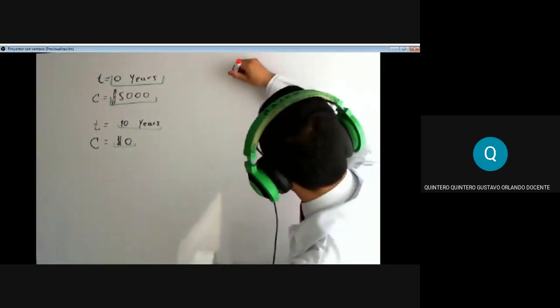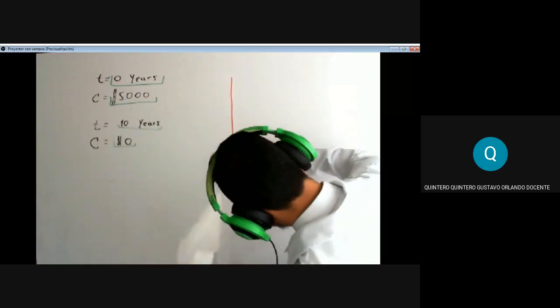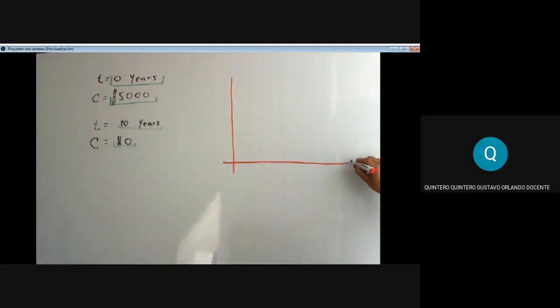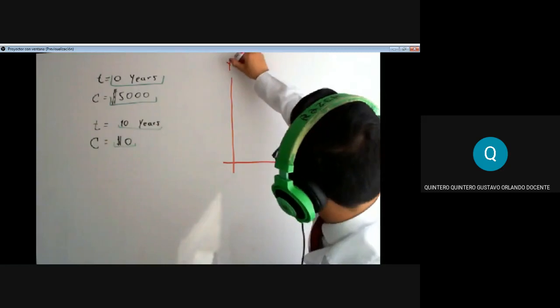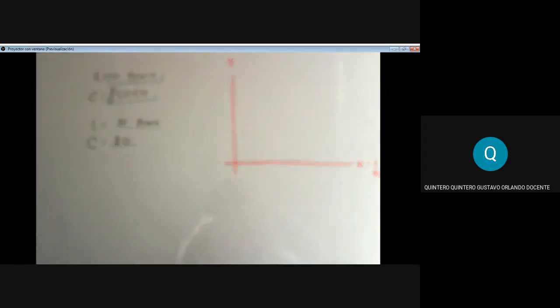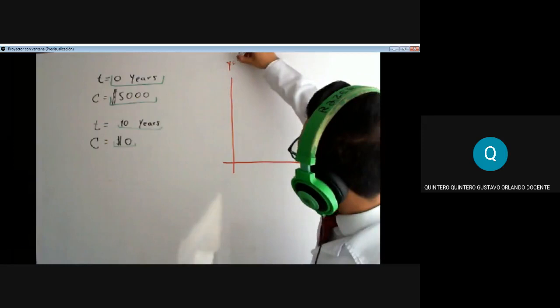This would be my Cartesian plane. Let me just do it real quick. Like that, right? This would be my Cartesian plane. This would be the x-axis and the y-axis. For us, the x-axis will be counting the time, years. For us, the x will be the years, and the y will be the cost